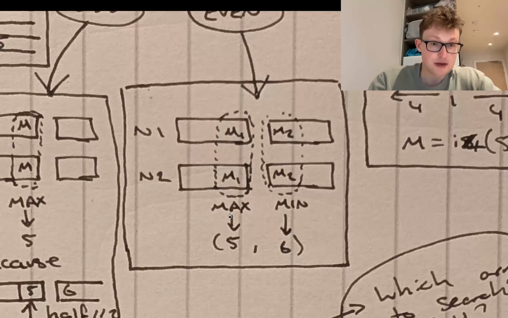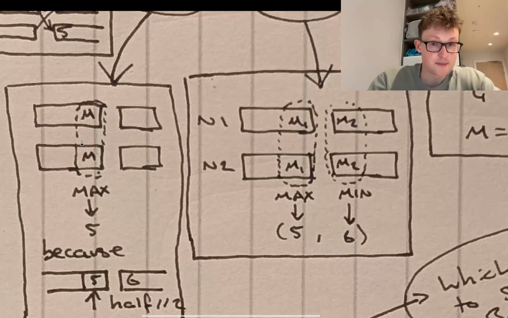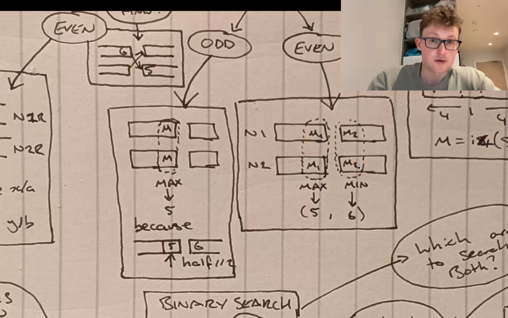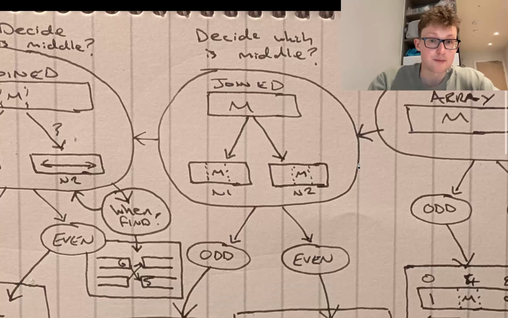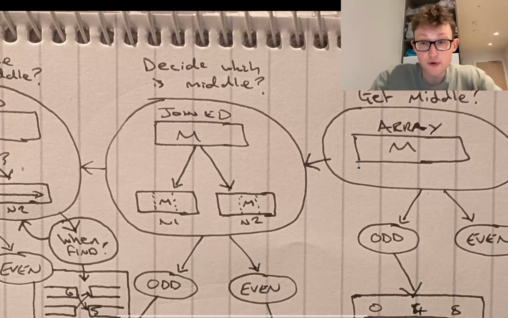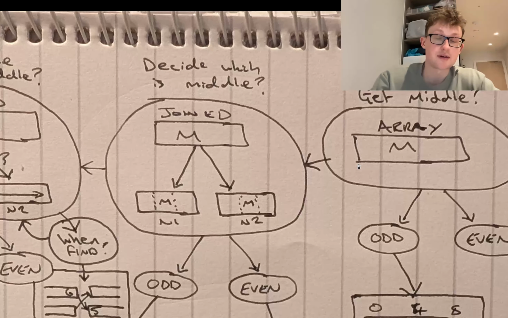We do the same as we did for the odd array, where we get the biggest on the left. And now this time we also pick the smallest on the right, because we want the closest to the middle. So that is now how you decide, if we have the middle for sure in n1 or n2 at their middle, how do we get the correct median? So we've solved two simpler problems from this original big, huge problem.